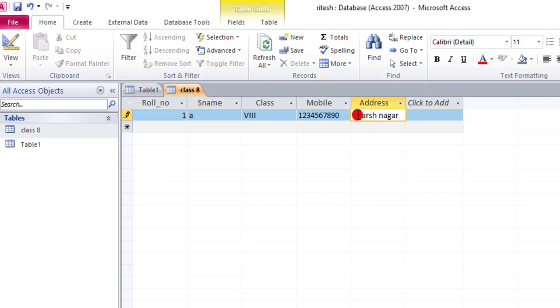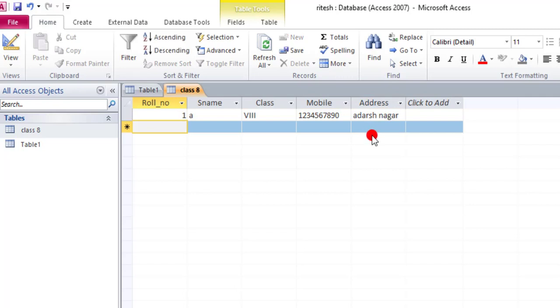Okay, now for the second entry you can press the tab key on your keyboard. Now roll number 2, name is suppose C, class is 8th, and mobile number is 23456787655, and address Ramganj.